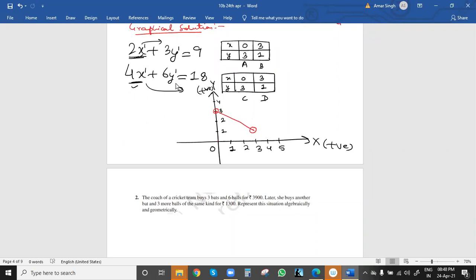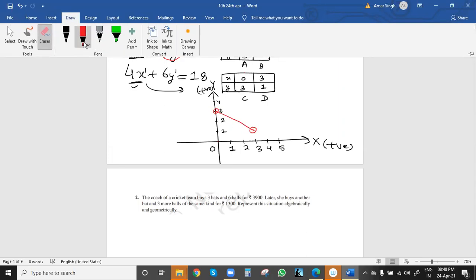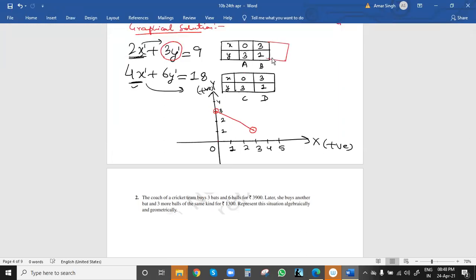And also see here where this will cut, meaning on the x-axis where this point will cut. This is one important point. For the x-axis, where this line will cut, we take y = 0. So x will be 4.5. Put y = 0, one value of y we can take is 0, so x will be 4.5, because the y value is also important where the graph will cut. Now on the x-axis, 4.5. This is the 4.5.